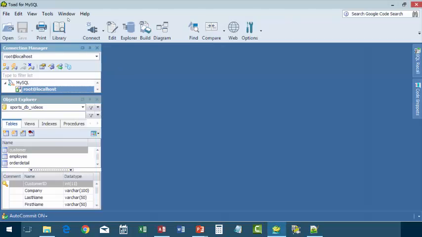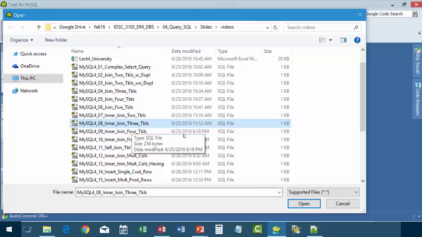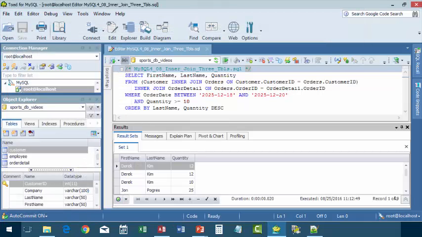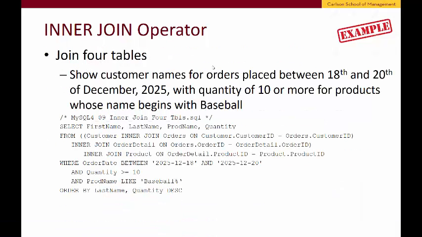Save, close, open in Toad number 8. Number 8 is joining 3 tables, running it, and getting the same 9 records, 3 columns. You can see that Derek and John show up again, ordering quite a bit of stuff in those last few days before Christmas. Switch back to the presentation, and then let's review the 4 table join,